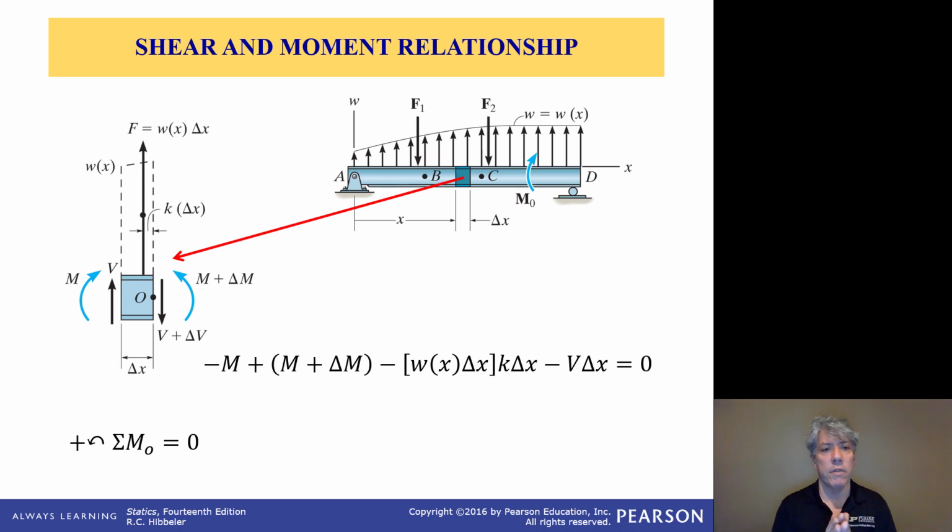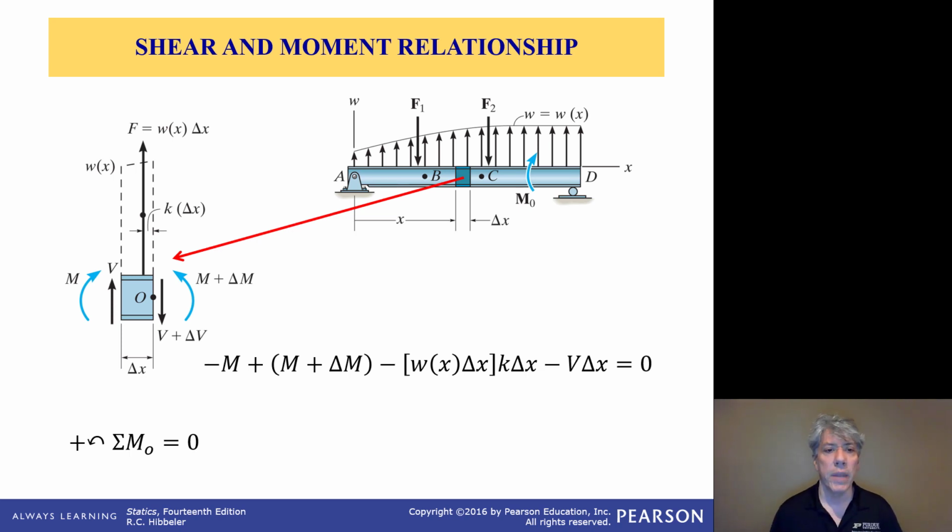I know that by our sign convention, both these moments at the outside edge of the beam are positive, but that's only for the moment diagram. In the sense of the XY coordinate system that we're using, the moment on the left-hand face is a negative moment, right? Because moments counterclockwise, X cross Y, are positive. So our sign convention that we've chosen in summing moments is that counterclockwise is positive. So that moment on the left-hand face, that M written in blue, is a negative moment, whereas on the right-hand face, the moment plus change in moment on that particular face are both positive values,